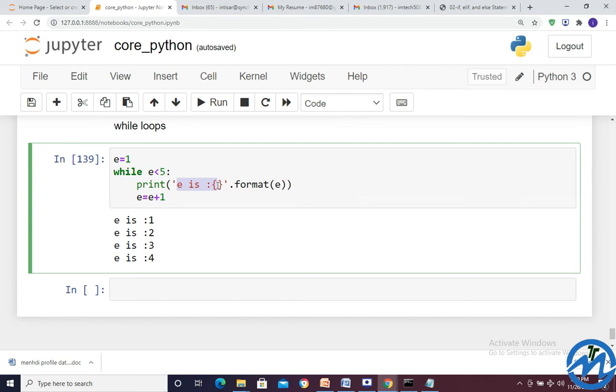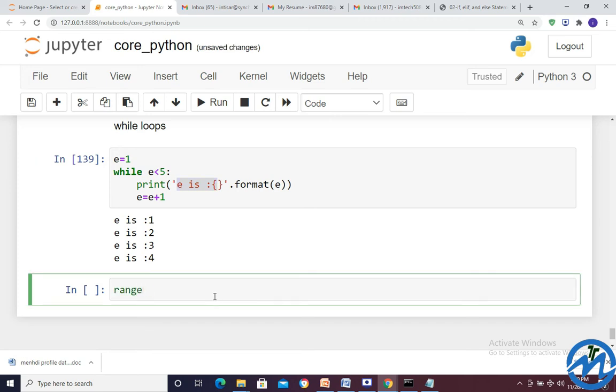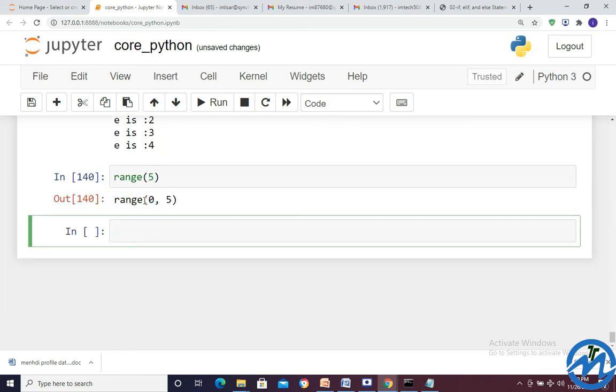Next we have range. What is the meaning of range? So range 5. What is the meaning of 5? 0 to 5. It will display 0 to 5. Range of 1 to 7. So we got range is 1 to 7. So range of 6, 0 to 6.